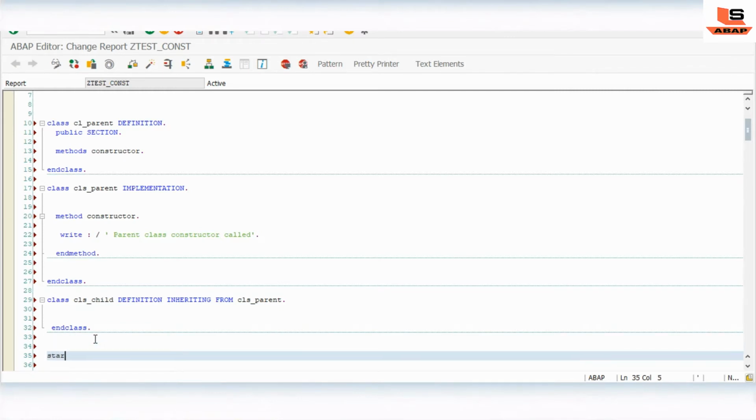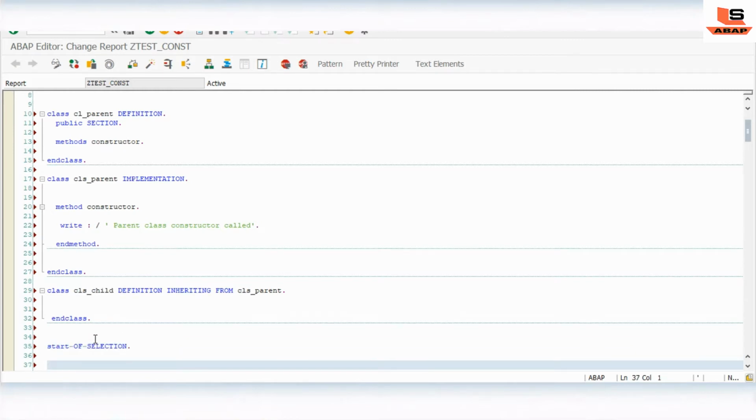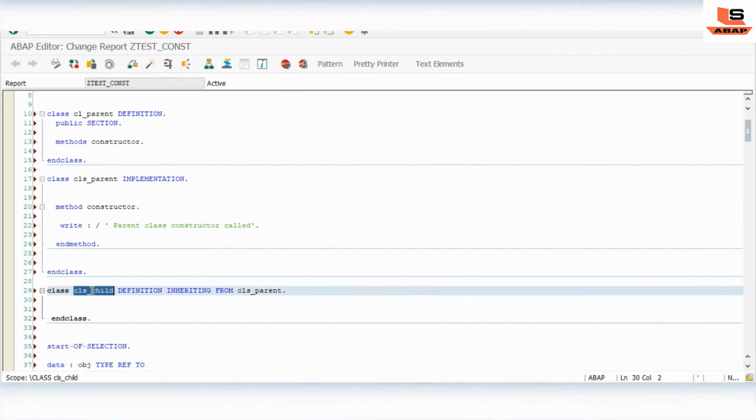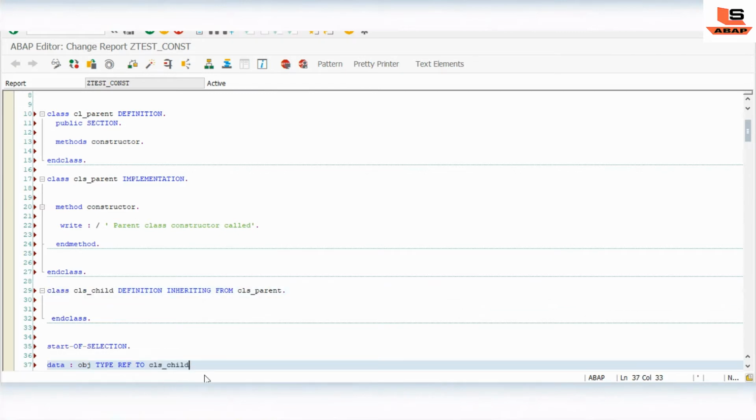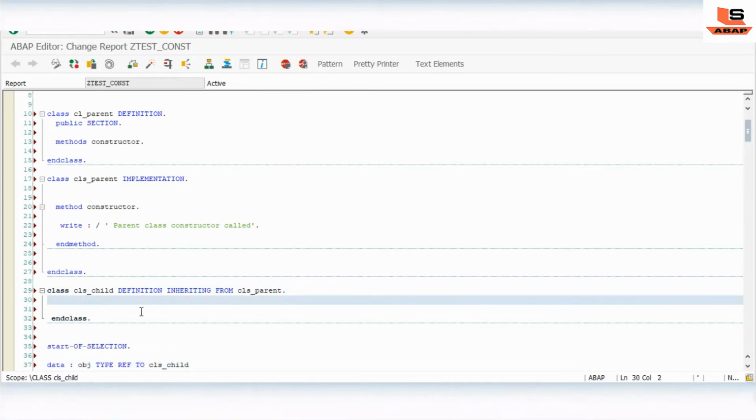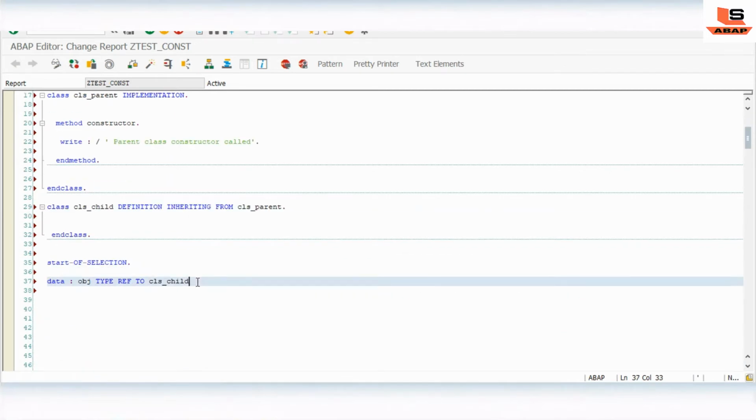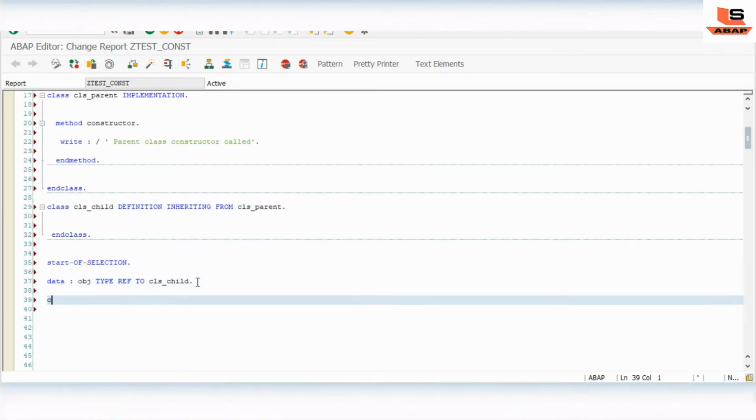We'll give the start-of-selection event, and here we will create a reference variable which will refer to this class. You can see in this class we don't have any implementation part. And here we will give create object obj. Now check and activate.